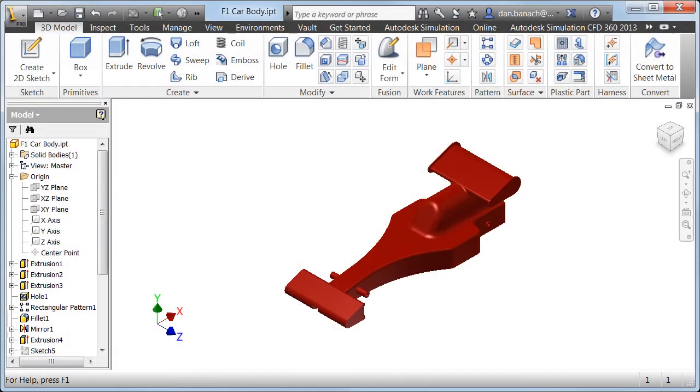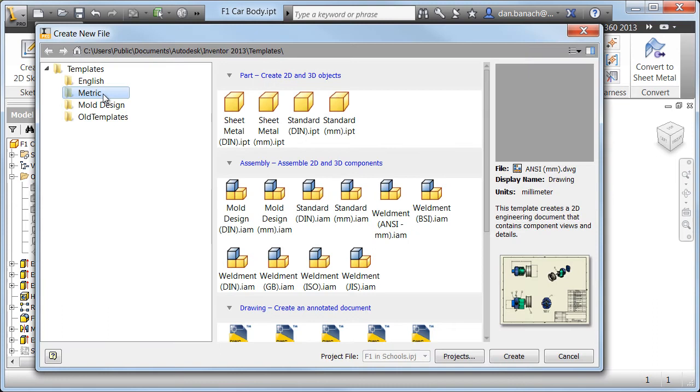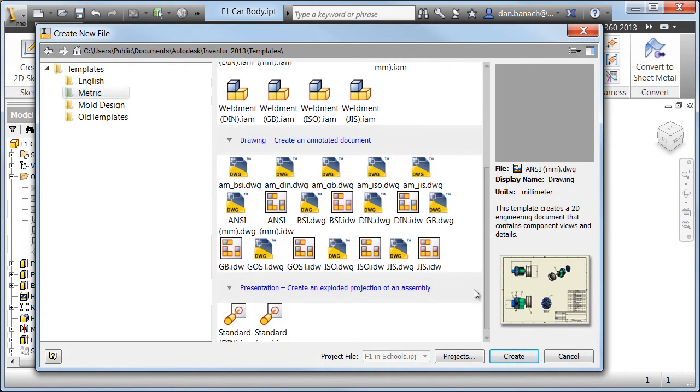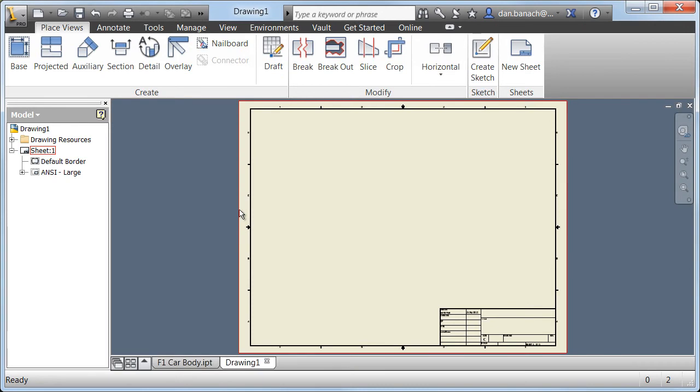In this section of the exercise, we're going to start off by creating some drawing views of the car body. So to start off with, from the Quick Access toolbar, I'm going to click on the New icon. And again, from the Metric folder, I'm going to scroll on down to the Drawing Templates. And here I'm going to double-click on the ANSI millimeter.dwg. So this way, anyone that has AutoCAD, they can open up and view the drawing that we're going to create